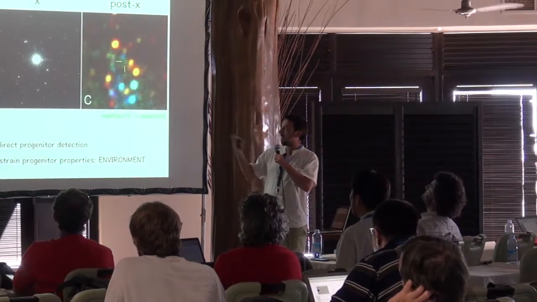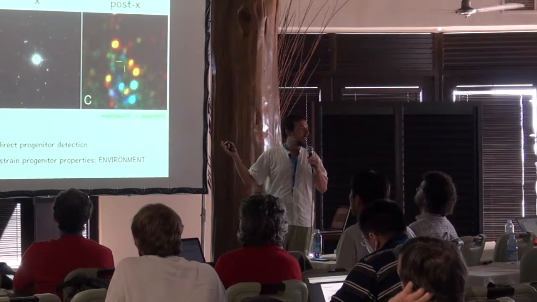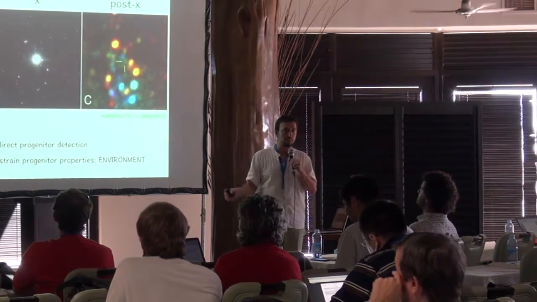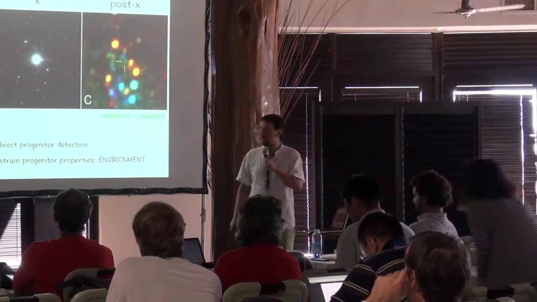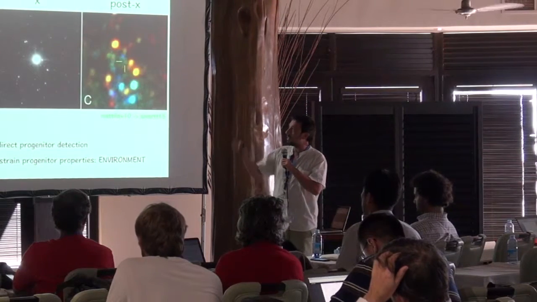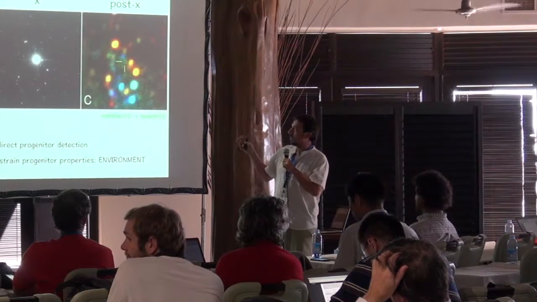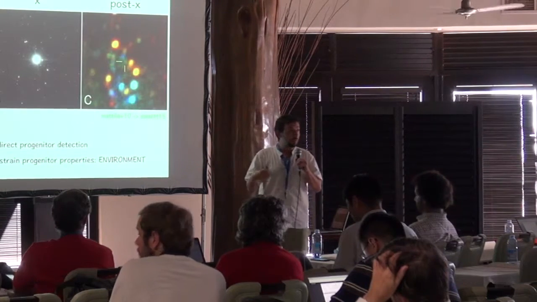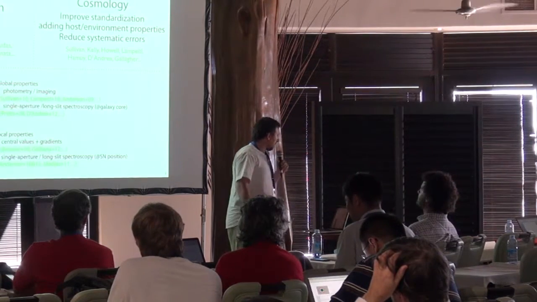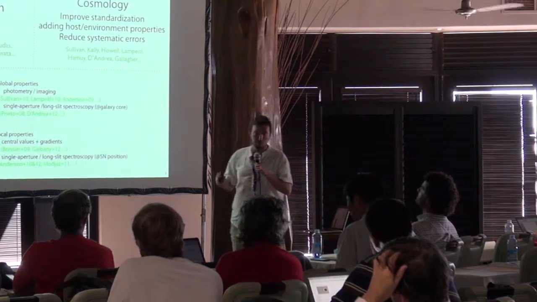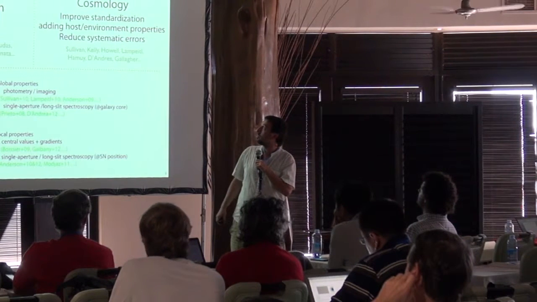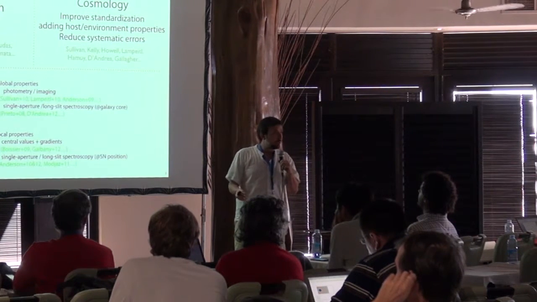The best method to connect the supernova observable properties to the progenitor scenarios or candidates is to check in these archival images and see what was there. But there are just a few objects like this. So if you want to have statistical samples, an approach is to study the environment. This has been proved useful both in core collapse supernova studies and type Ia supernova studies. For core collapse to probe stellar evolution models and progenitors, or for type Ia's to introduce second order corrections in